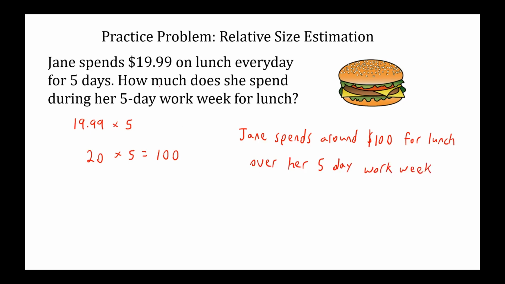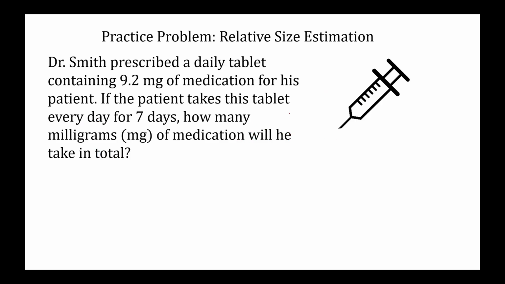And this would be an appropriate use of estimation because we're just getting an approximation of how much she spends for lunch. Now, for this question, estimation probably shouldn't be done, and I'll show you why, because it depends on context. So, Dr. Smith prescribed a daily tablet containing 9.2 milligrams of medication for his patient. If the patient takes this tablet every day for 7 days, how many milligrams of medication will he take in total? So, in this case, I would have to take 9.2 and multiply it by 7 to get the total